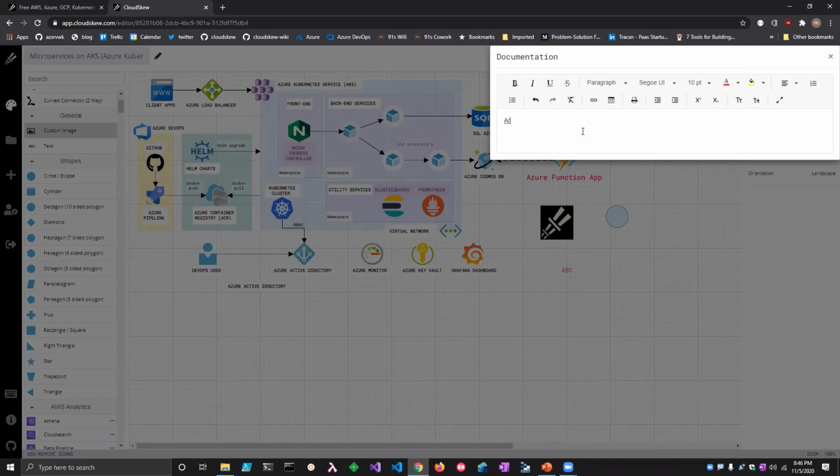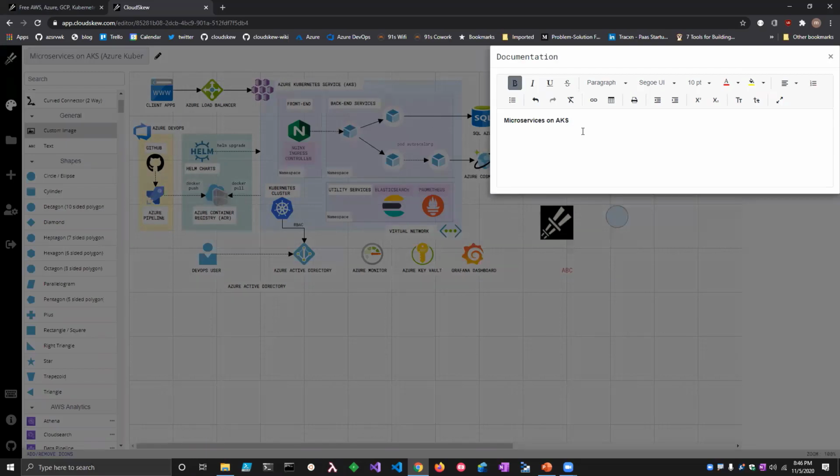So when you share this diagram, the documentation travels along with the diagram. So let's just say, services on AKS. It's a rich text editor. Anything that you can generally do with Microsoft Word, you could do in this pane. Let's just leave it as this for now. But essentially this documentation will travel with the diagram when you share the diagram.